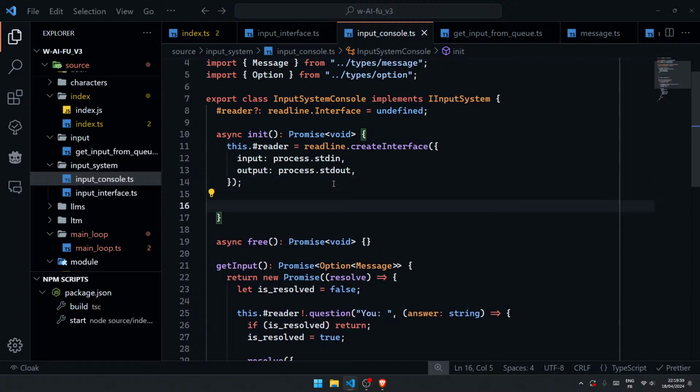Let's have some weird recursive function for this. I'm not sure if it's the right way of doing it, but it's the best way I can think of right now. So we're gonna have a const